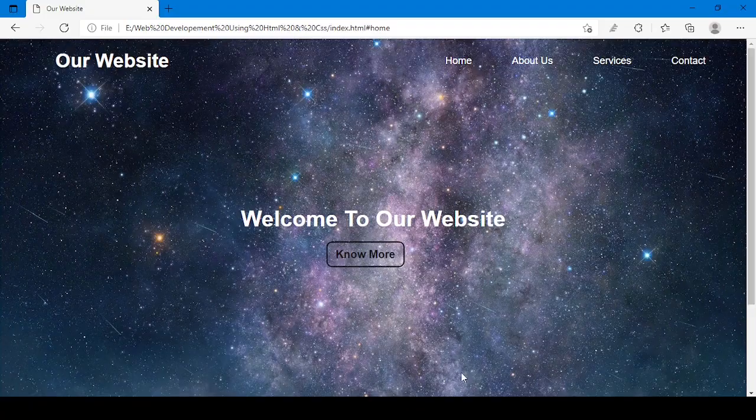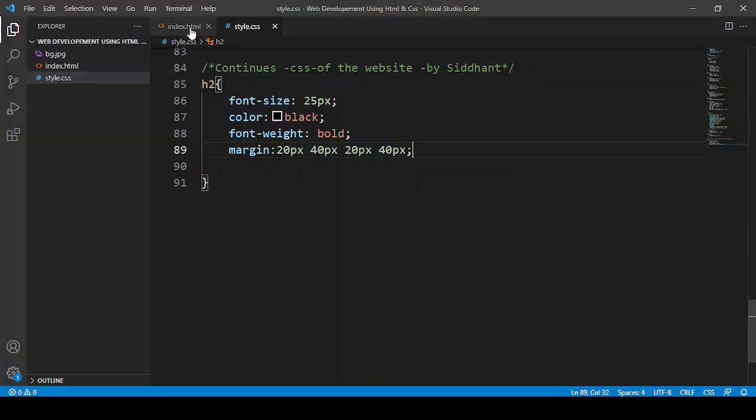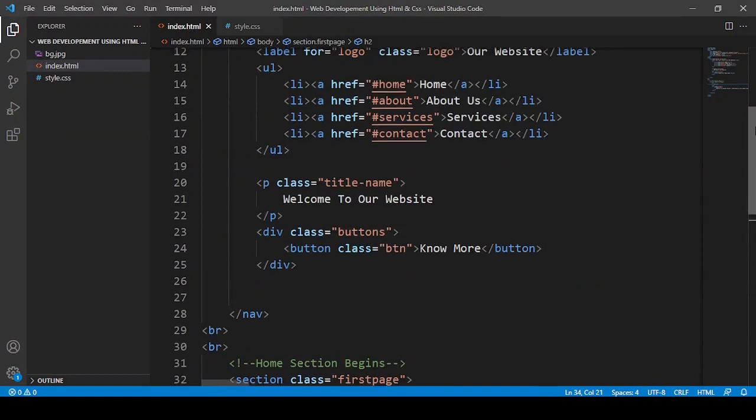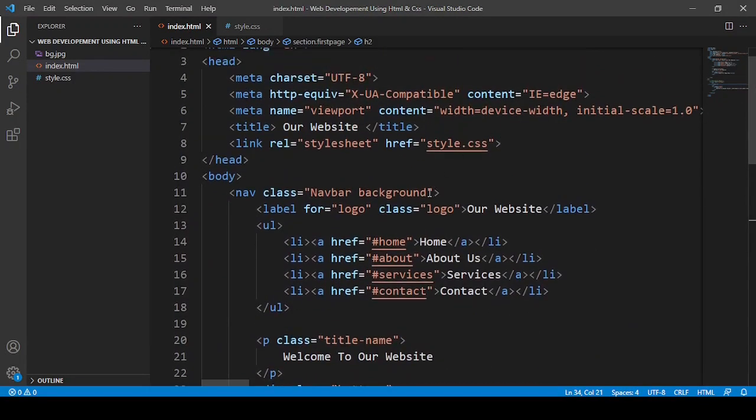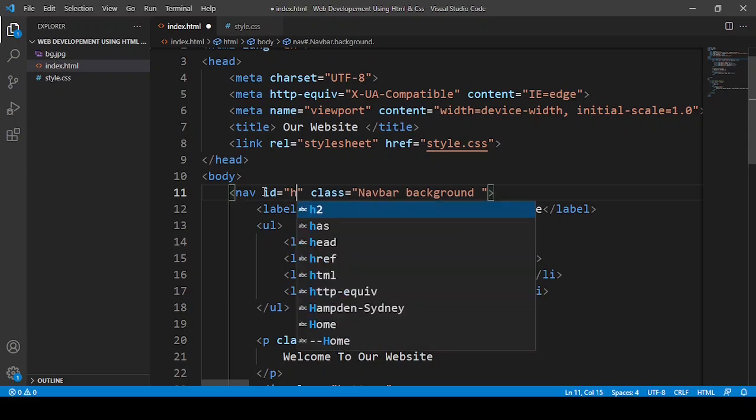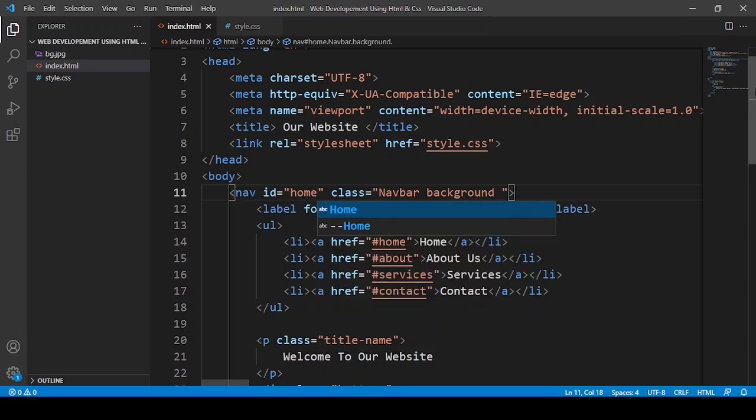So this home tag, and then in this navbar I'm going to give an ID. What can be the ID? Oh, sorry, not here. Not in the class, give the ID here, and then write home.